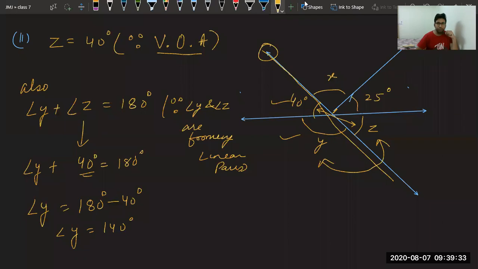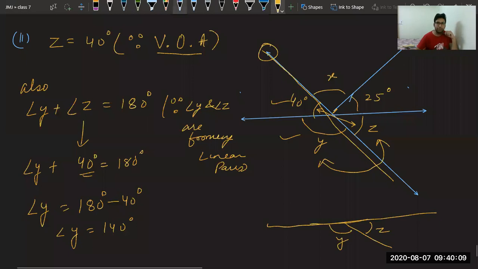Now, how to find the remaining thing? Suppose you want to find x. How will you find x? There are two ways to find x. All of you, please tell me how to find x. There are two ways. How are angle z and y forming a linear pair? Beta Lavya, see, this is a straight line. This is angle y. This is angle z. Aren't they adjacent angles? Aren't they forming a straight line? Lavya? Okay.